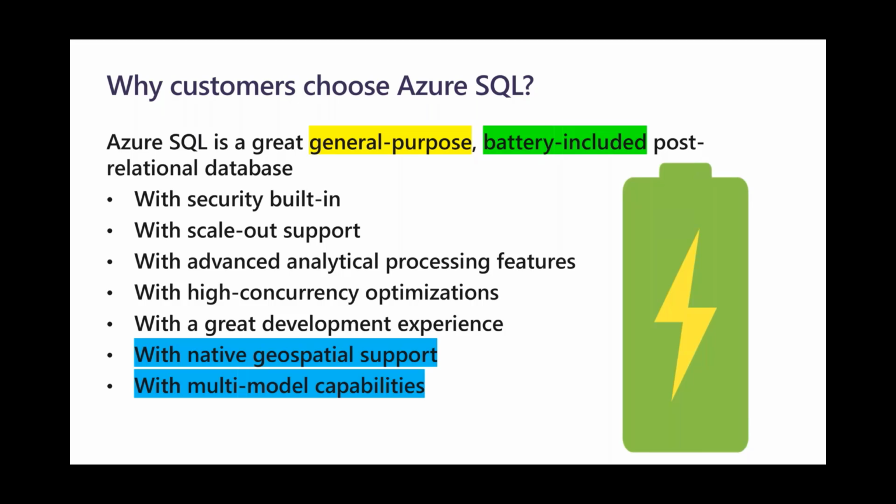In general, what we're going to discuss works across all of them, but there are some slight variations on that. So what do we mean by multi-model? We're talking about support of JSON, support of geospatial data, support of XML, etc. So the thing is that we have all these NoSQL databases.